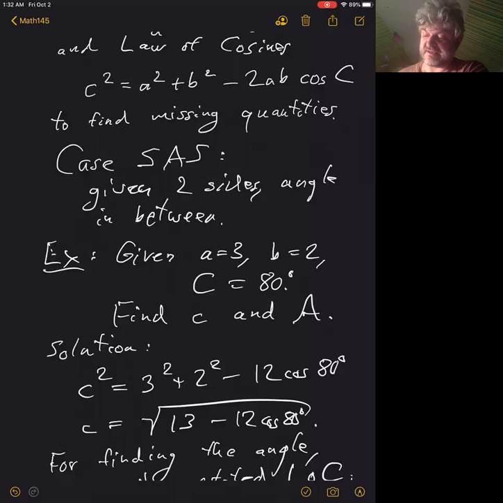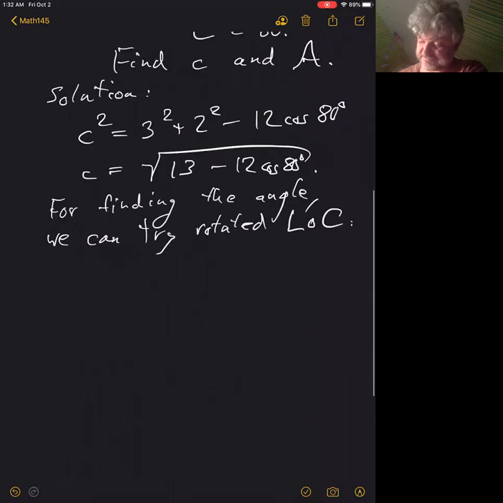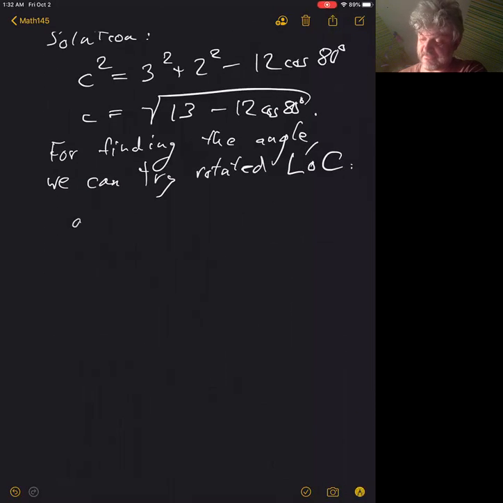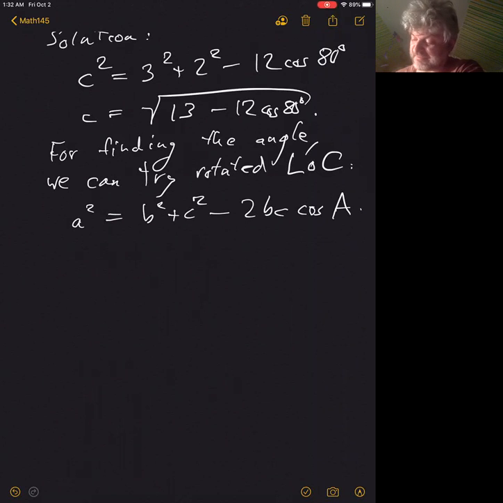So that means on the left, you want to see a squared, lowercase a squared. And the two other sides get squared, so b squared plus c squared. And then subtract 2bc cosine of capital A. That's the way where capital A or its cosine is the only unknown